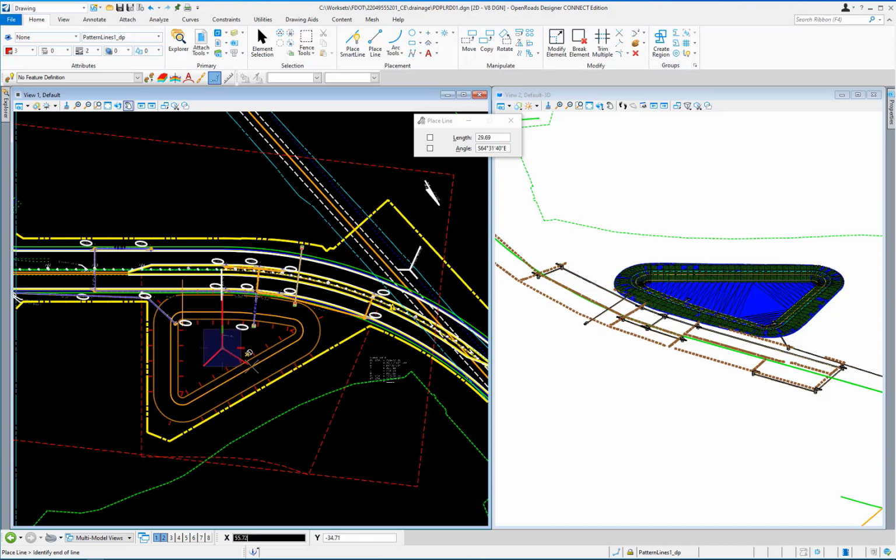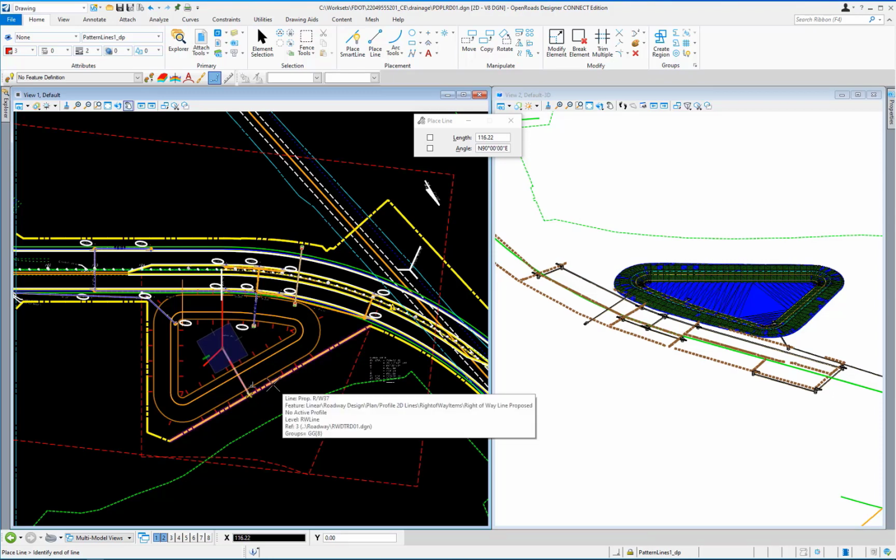Left-click on the Snap Mode button at the bottom of the ORD window and choose the perpendicular snap mode. Hover over the diagonal proposed right-of-way line on the bottom side of the proposed pond area. There will be a yellow X with the symbol for perpendicular snap next to it along this line. Left-click to accept this snap point and the second pond section line will be complete.